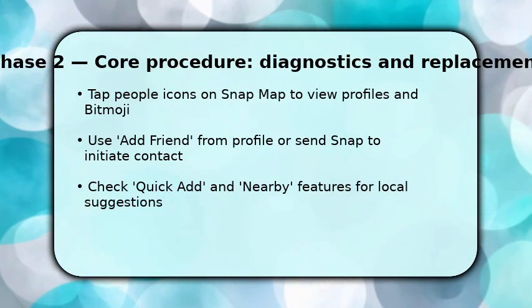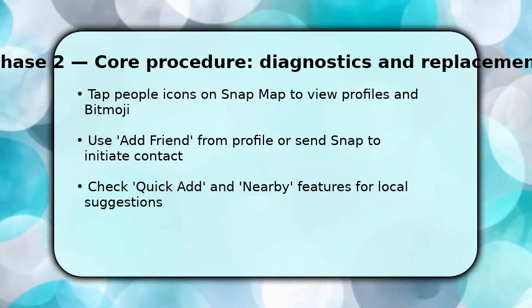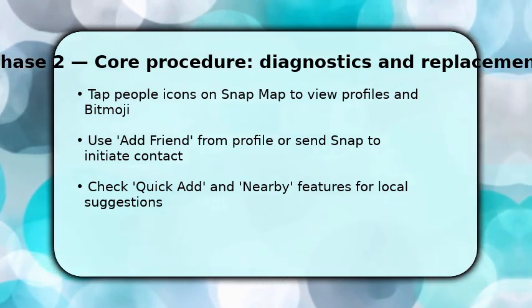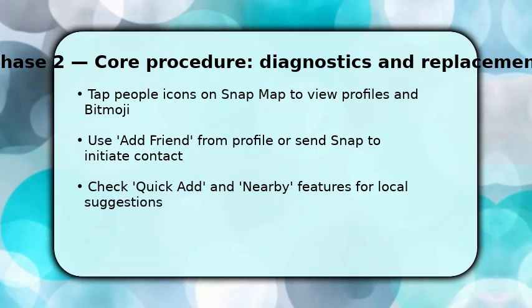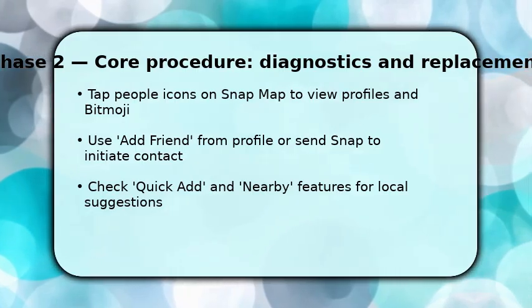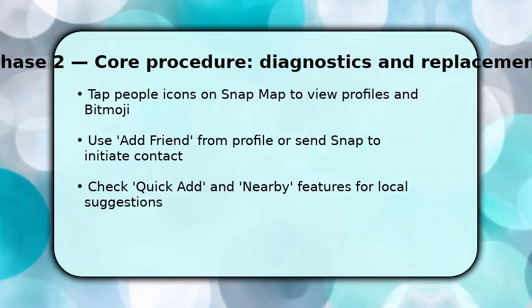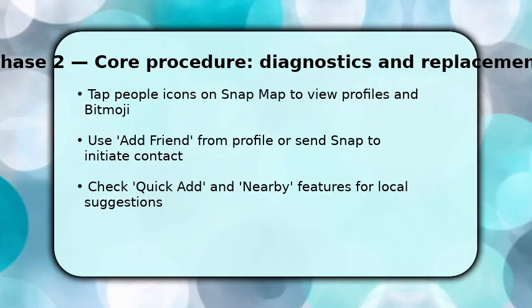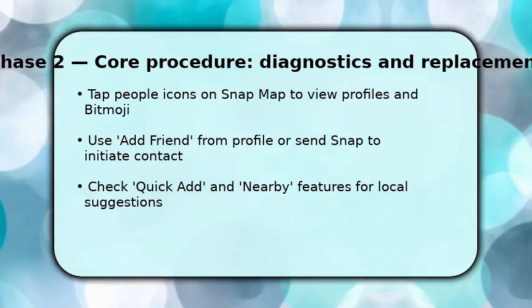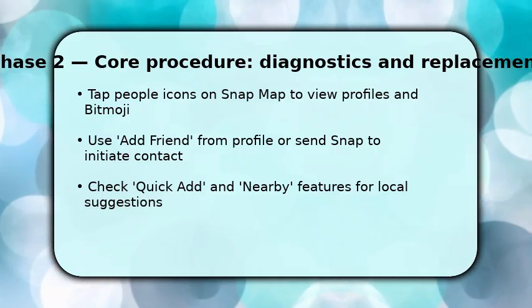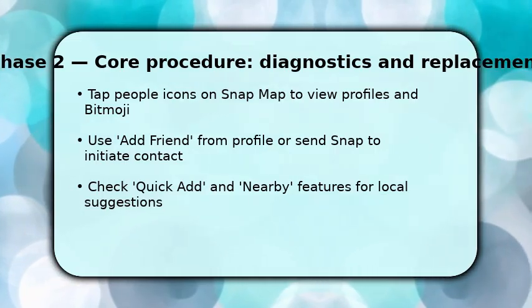Once the map displays people nearby, tap a Bitmoji or user icon to open their profile and see how you're connected. You can tap Add Friend to send a request, or send a short snap or chat to introduce yourself. This increases acceptance. Make sure to scan Quick Add Suggestions and the Nearby feature, which lists others with location sharing enabled. If you find groups or events on the map, use those hubs to add multiple local contacts quickly and